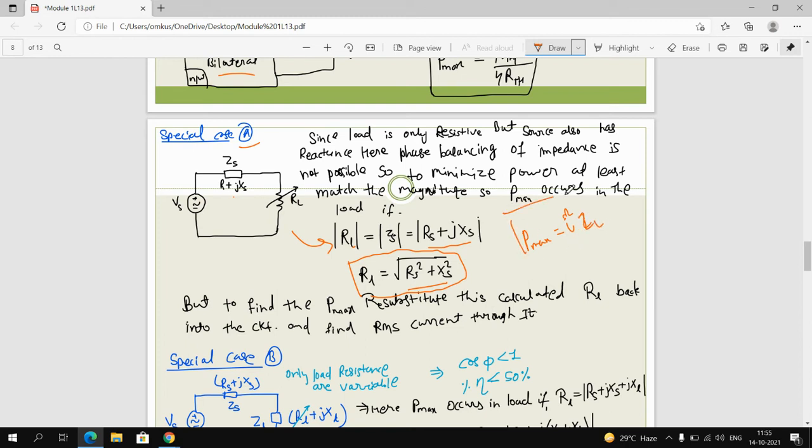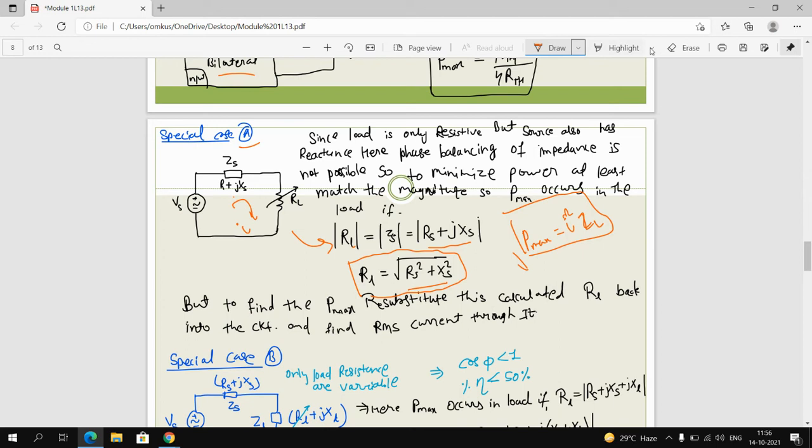सो इसमें क्या होगा, पहले आपको यह RL की वैल्यू यहाँ पे पुट करना पड़ेगा। उसके बाद आपको करंट फाइंड आउट करना पड़ेगा यहाँ पे। ओके, करंट फाइंड आउट करना पड़ेगा। वंस यू कैलकुलेट द करंट, देन यू नीड टू कैलकुलेट द पावर ट्रांसफर टू दिस लोड। सो व्हाट इज द पावर ट्रांसफर टू दिस लोड इज नथिंग बट द पावर कंज्यूम बाय दैट लोड, राइट? सो जितना कंज्यूम हो रहा है उतना ट्रांसफर हो रहा है। सो यू आर फाइंडिंग द पावर indirectly here.